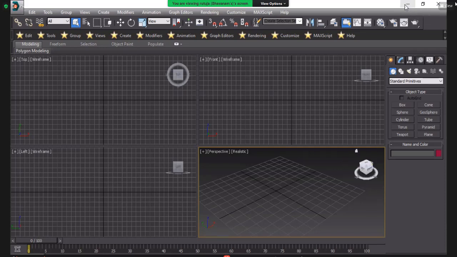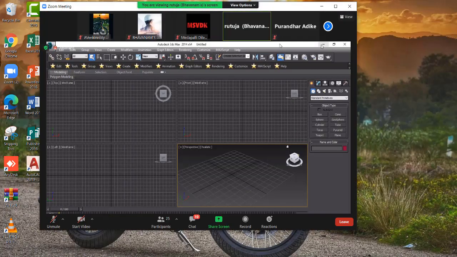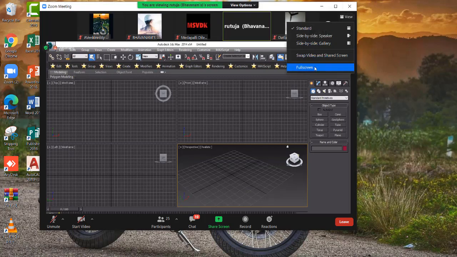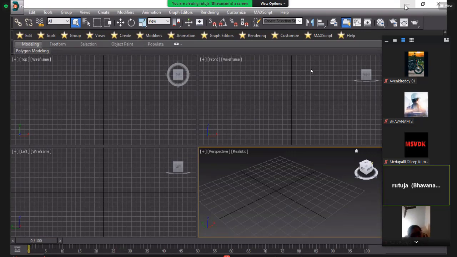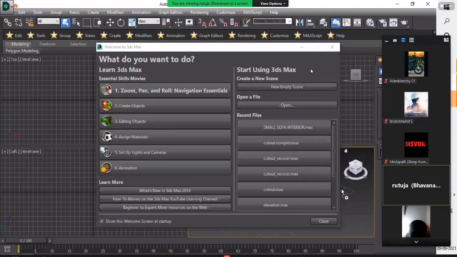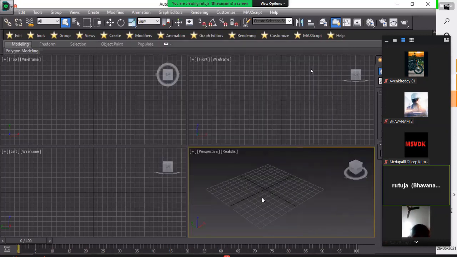Just save your AutoCAD file on your desktop screen, and just drag your file and place it in your 3ds Max, like that.